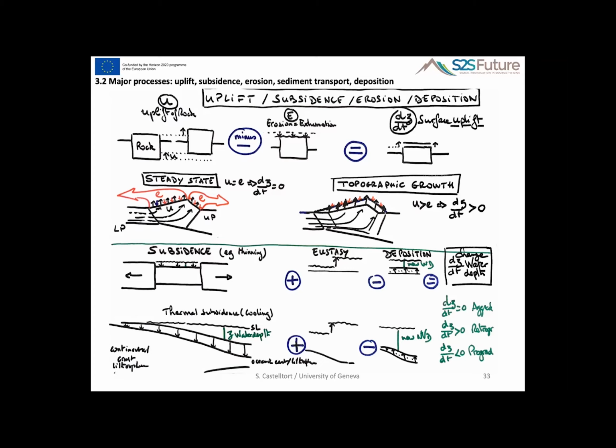So he looks at real dimensions of uplift, real dimensions of erosion, etc. And the other question is at what scale? Here I only speak about mountain scale dz over dt. If I'm looking with my glasses of 1 million year time scale, or let's say I can live 20 million years, I look at this mountain range as a little thing that I can look at evolving over 20 million years. If I zoom in, I will see a landslide taking a lot of erosion at one place in one event. So at a small spatial scale, at the scale of hill slopes, at the scale of rivers,